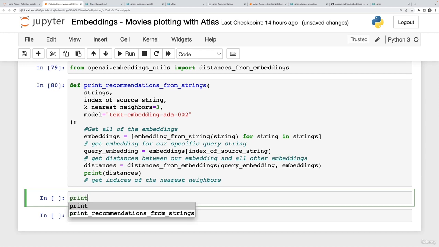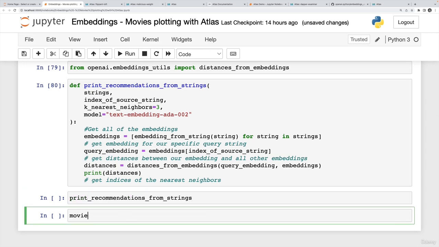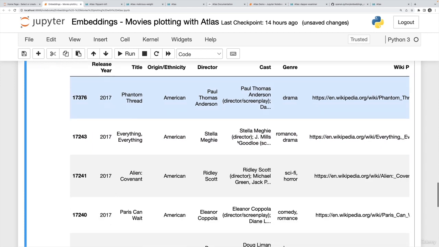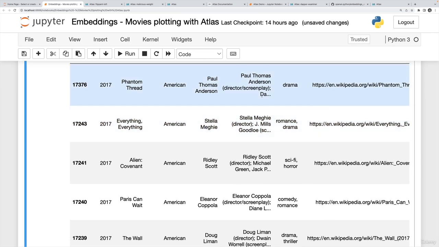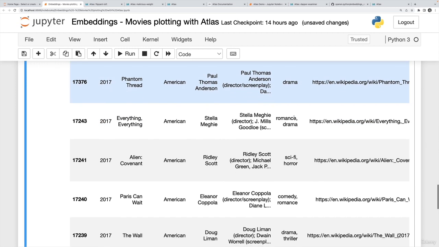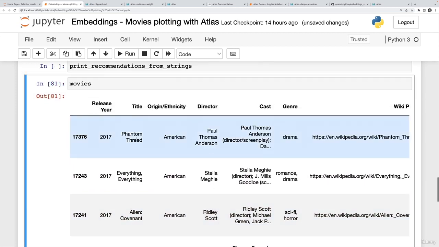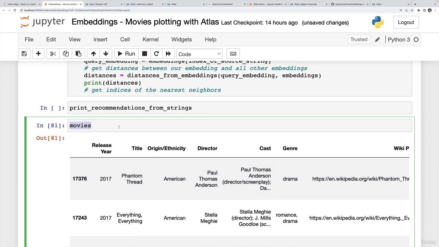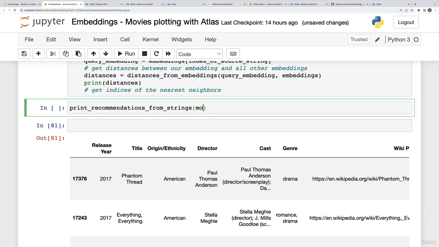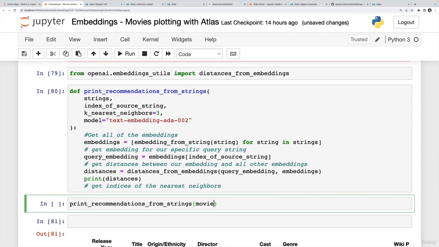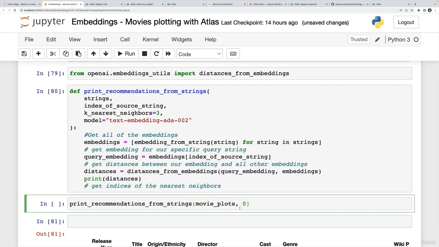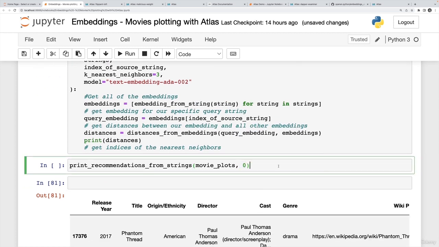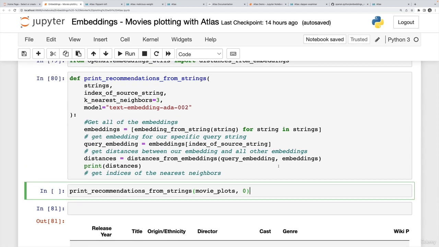So I'm going to call print_recommendation_from_strings. Now, remember my movies are ordered by release year at the moment. So the first embedding, if I passed in an index of 0, it'd be this one. Let's do an index of 0. So Phantom Thread. If you've ever seen it, it's a pretty good movie if you like Paul Thomas Anderson. So I'm going to pass in all of my movie plots as the list of strings. I have a variable called movie_plots still from the previous video, and then I'll pass my index of 0, which is the plot for Phantom Thread. We're not going to get any